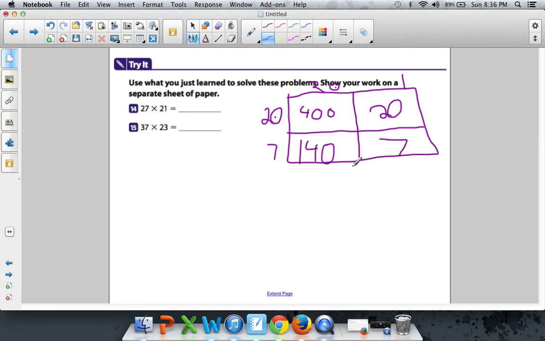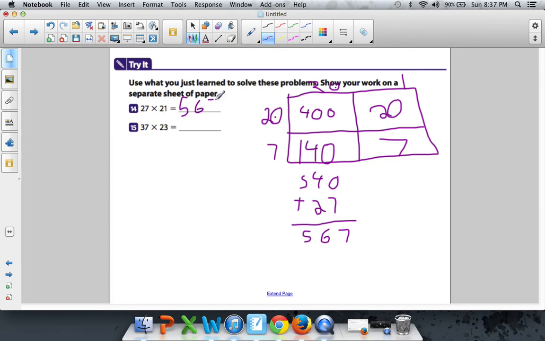Then you got to add it all up. If I were a kid doing this, I would add these two together first and these two together first, since they're already kind of above each other. 0 plus 0 is 0. 0 plus 4 is 4. 4 plus 1 is 5. And then I would do 20 plus 7. That's super easy. That's 27. And then I would add it one more time, because you have to add them all up together. 0 plus 7 is 7. 4 plus 2 is 6. 5 plus nothing is 5. So the answer is